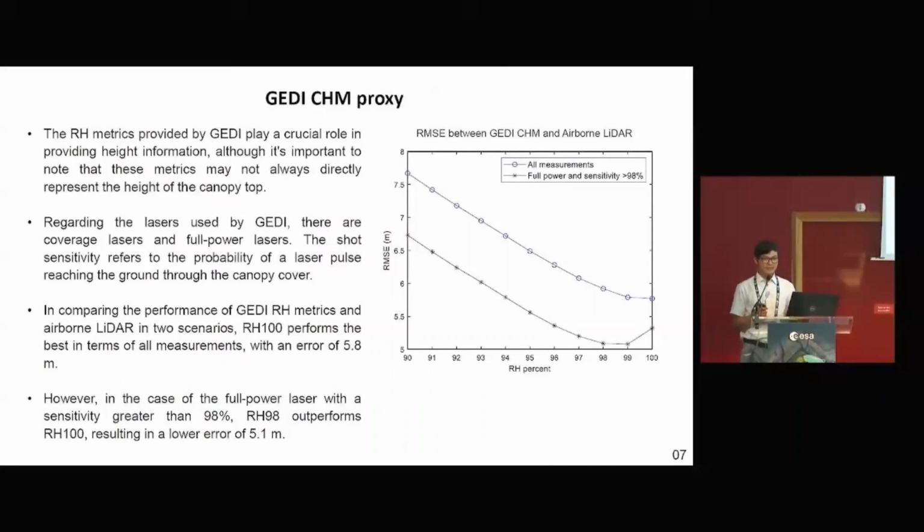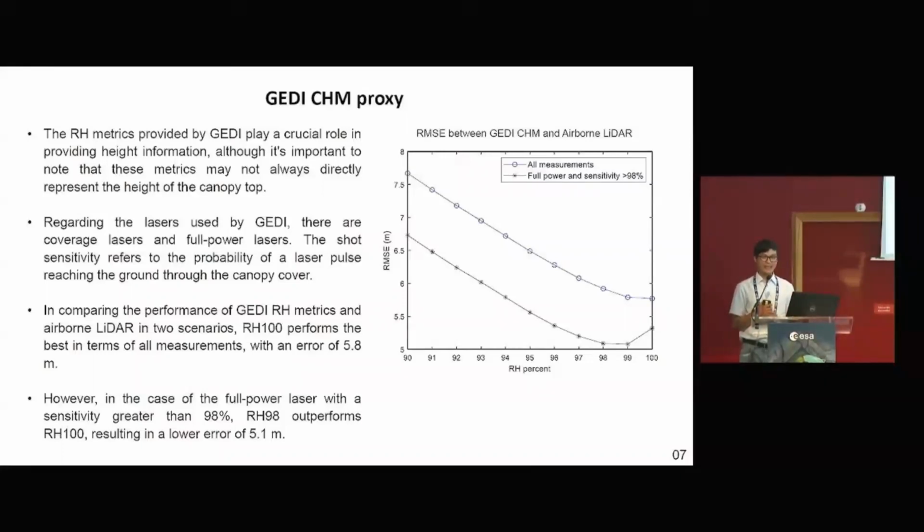In a certain study area, you have to carefully validate that, because some people use the 100% like the curve you see here. We have considered two scenarios with the relative height 100% and the other one with full power and sensitivity